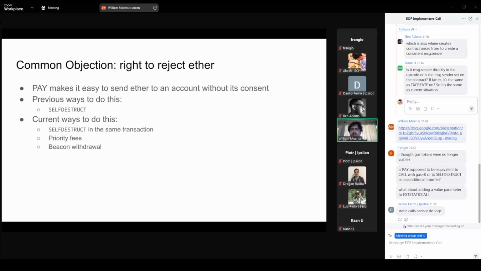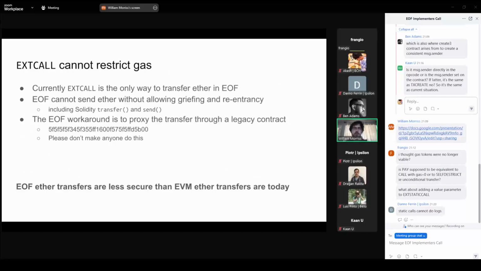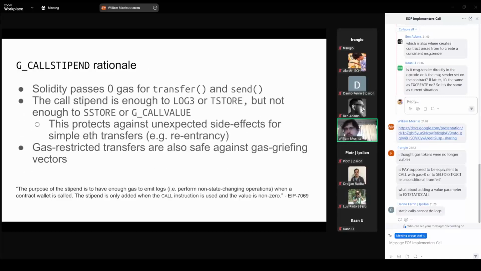And these limitations would prevent me from using EOF because I worry about gas griefing and reentrancy. I understand there's other ways to defend against reentrancy, but not gas griefing. Well, what about setting a gas limit? Why isn't that a protection against gas griefing? You can't set a gas limit for EXT at the transaction level. Oh, yes, transaction level gas limits is also a way to do this. Yes. You would have to model for that.